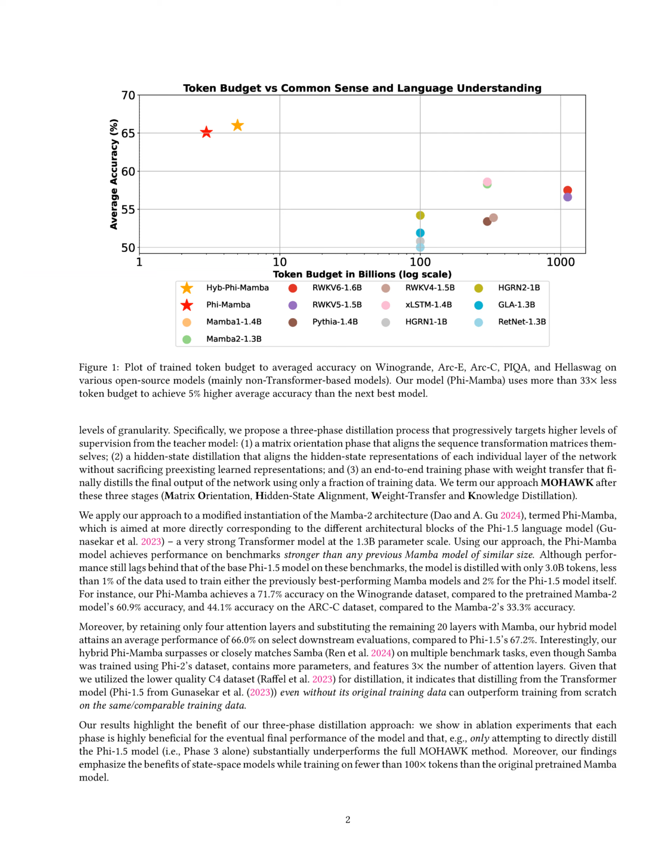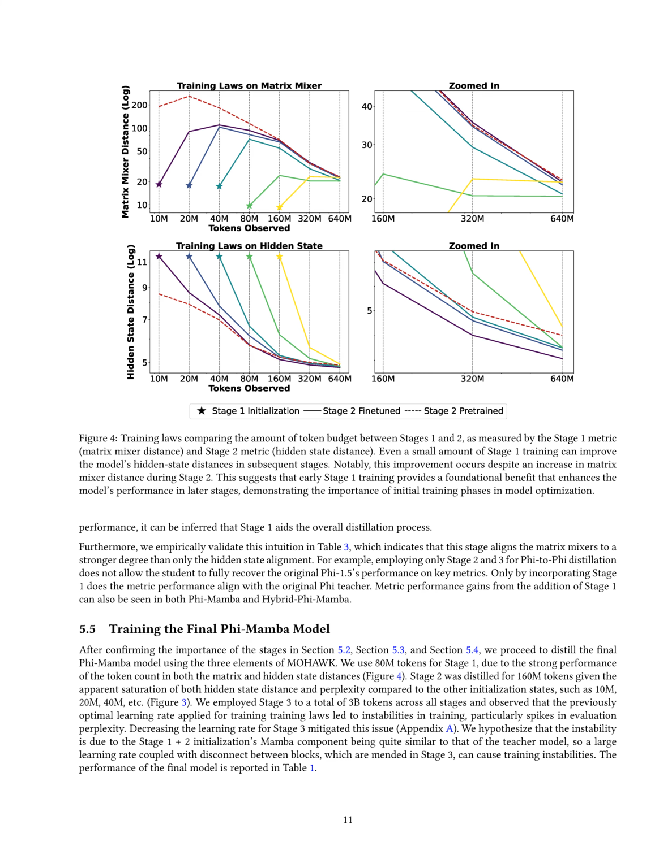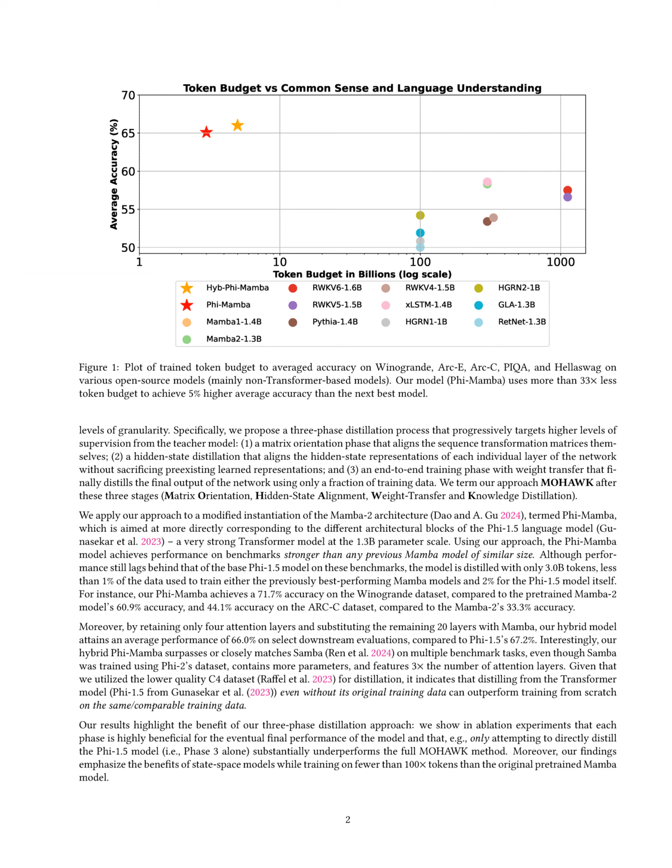Performance metrics were assessed on various downstream benchmarks, including Winogrande, HellaSwag, PIQA, and ARC datasets, where the Phi-Mamba model achieved notable accuracy improvements, such as 71.7% on the Winogrande dataset, compared to the pre-trained Mamba-2 model's 60.9%. Additionally, the hybrid Phi-Mamba model demonstrated competitive performance, closely approaching the pure attention transformer architecture while utilizing fewer parameters and attention layers. The results indicated that the MOHAWK method effectively enhances model performance while significantly reducing the training data requirements